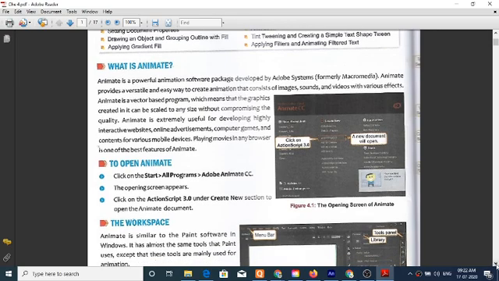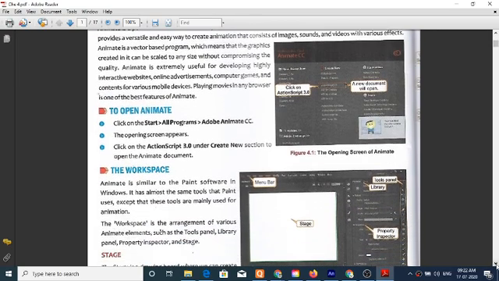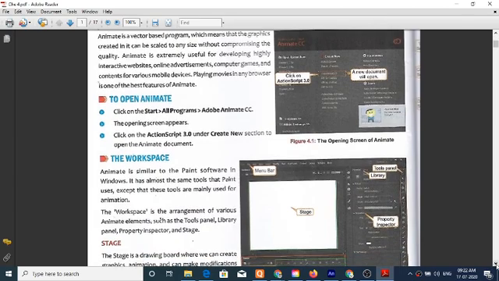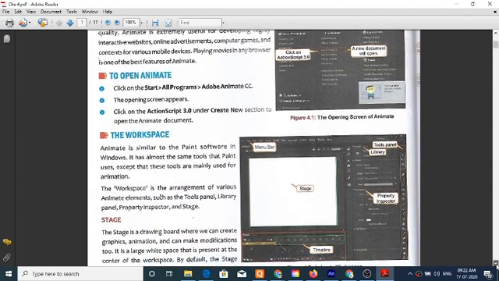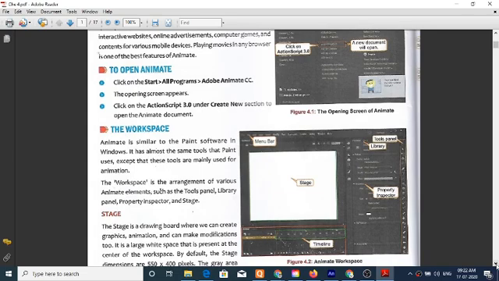Now, workspace. Animate is similar to the Paint software. It has most of the same tools that Paint uses, except that these tools are mainly used for animation.